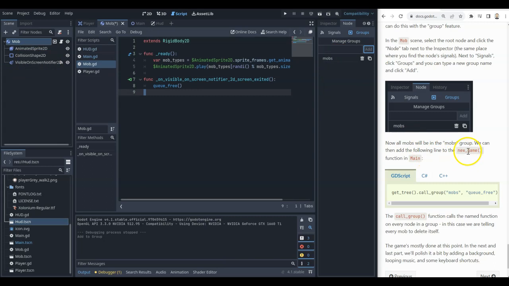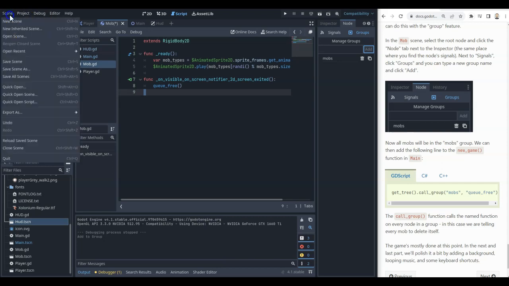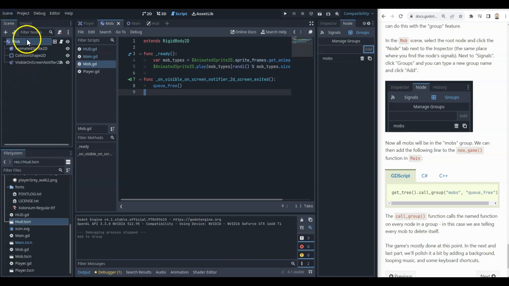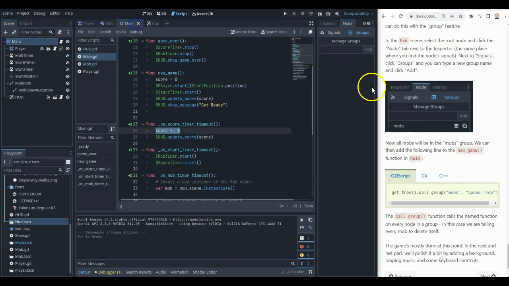And that's really useful because in our new game, we're going to be able to use this command, which basically is going to say, hey, find all the mobs, anything that's in this group called mobs, and get rid of them, basically queue them out. Okay, so we're going to go now back to save that, make sure we do, save all scenes. And now if we go back to our main and we want to do this in the new game, so here's our new game, we're going to copy this bit of code,